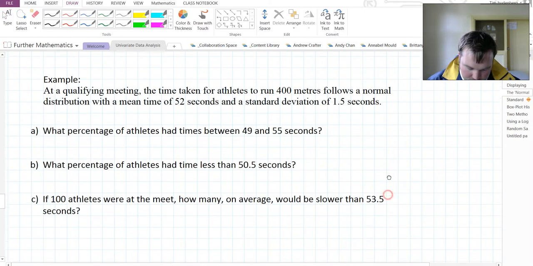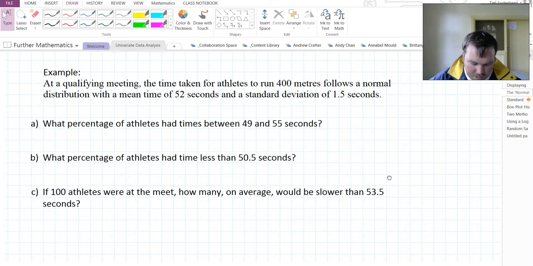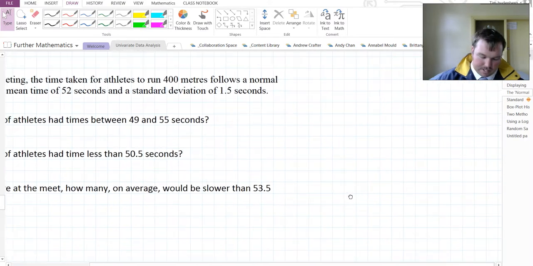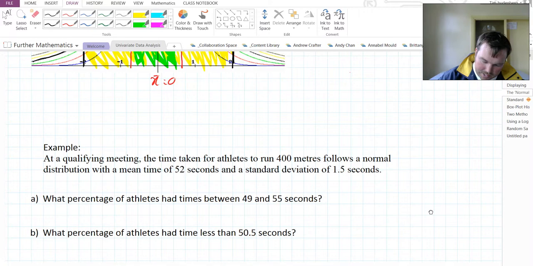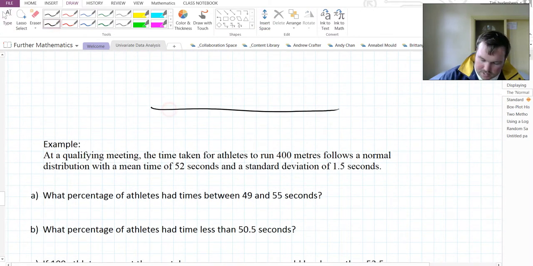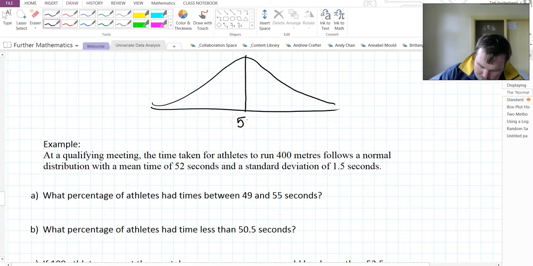Now, what this actually looks like in an example, please copy it down. At a qualifying meeting, the time taken for athletes to run 400 meters follows a normal distribution with a mean time of 52 seconds and a standard deviation of 1.5 seconds. Now, every time I see this in worded form, I take it aside and just draw myself a quick curve. So a curve has x down here, frequency we barely even write. The mean is 52. Now, if the standard deviation is 1.5,